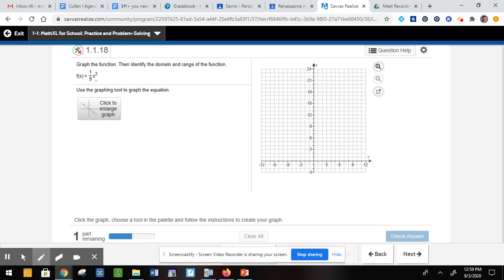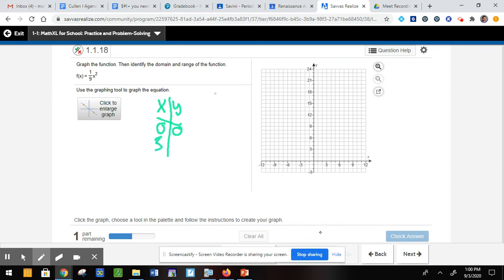If I just make an xy chart, if I use 0 for x, 0 squared is 0 times 1/9 is 0. So 0, 0 is an easy one. What's another x value that makes sense? If I substitute in 1 or 2 for x, I'll get a fraction, which is not going to work. However, if I substitute in 3 for x,